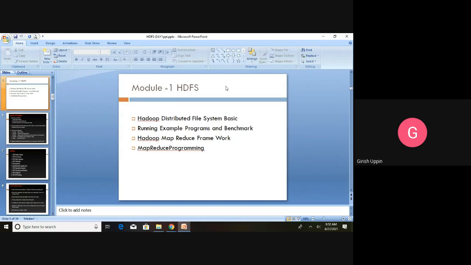The core of HDFS is that we take the computation to the data. When I say computation, it means, for example, what is the average temperature of Belgaum city during the month of April. This is the processing we want to do. This processing will be taken to the data. Data will not be brought to the server where we have the computation. Rather, computation is taken to where the data is available. That is how we get fast results. And we run those queries using MapReduce programming.